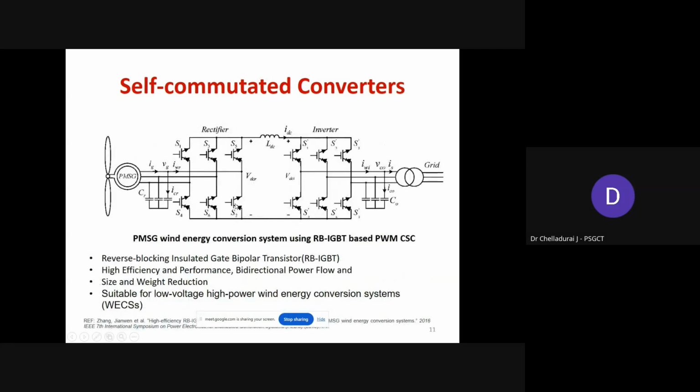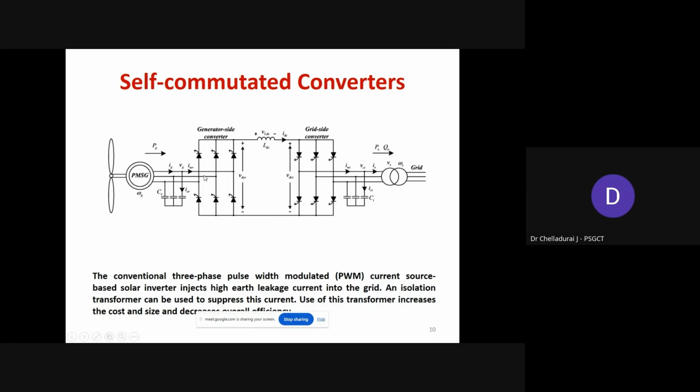The variable wind energy is converted from AC into DC. Then again, here DC is converted into AC to inject the power into the grid. But using this particular topology, the main problem or limitation is that this gate turn off thyristor has limited